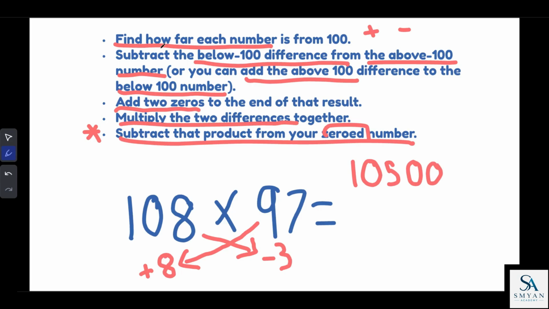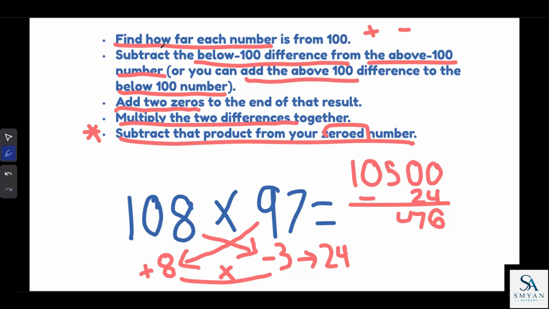Alright, after that you multiply the two differences, which was the 8 and the 3. You multiply those values. Ignore the plus and the minus. Those were only like references. And 8 times 3 is 24. So our final step is you subtract this 24 from this big number, 10,500, and your answer should be, after all that,